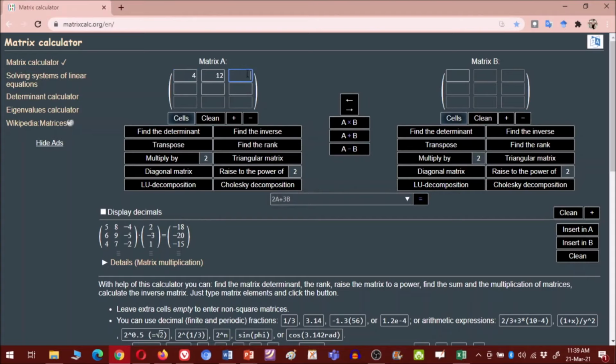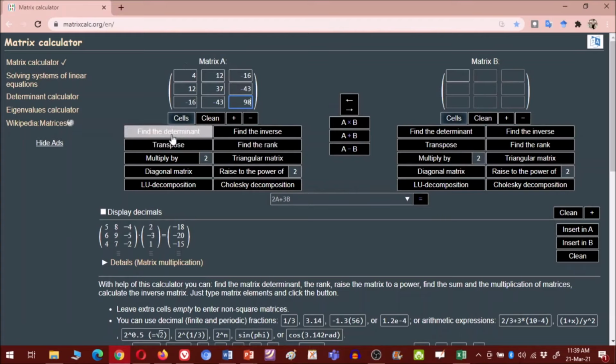So I already have one positive definite matrix with me, so I am entering that data. So 12, 37, minus 43. So you can see how you can add this data. You can use tab also to switch between these cells. So now I have entered this matrix and I want to analyze this matrix.